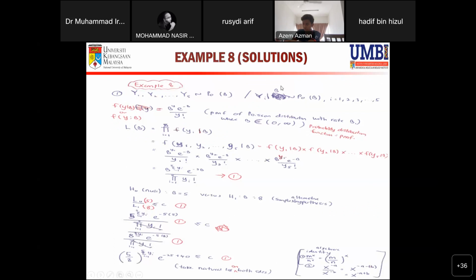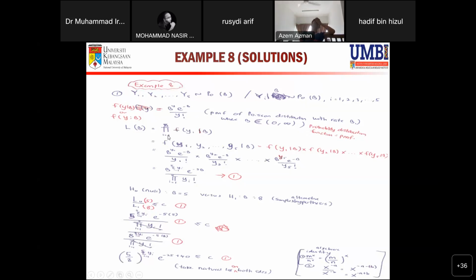So in this case, it's also equivalent to say that yi given beta is distributed Poisson beta, where i is 1, 2, 3, up to 5, which is the indicator variable of the number of observations. So we put the PMF, or the probability distribution function, as this generic one. So we obtain the likelihood of the parameter beta, the rate parameter, as this one,